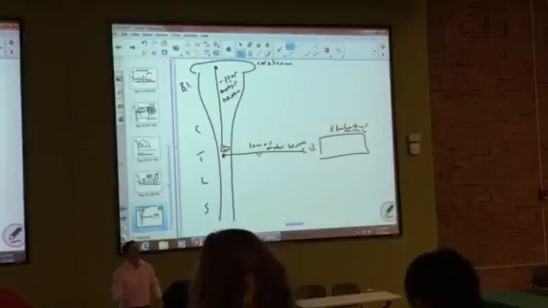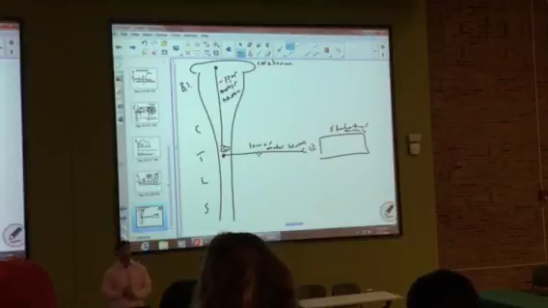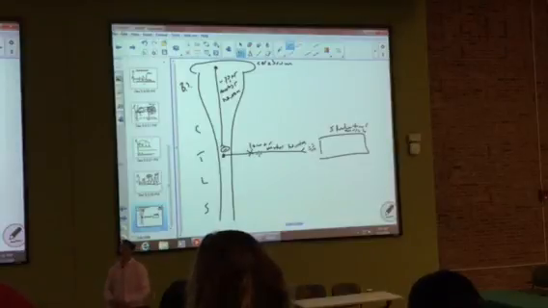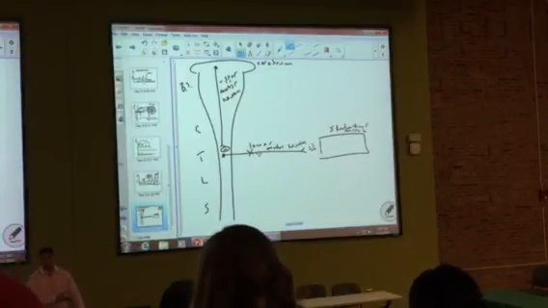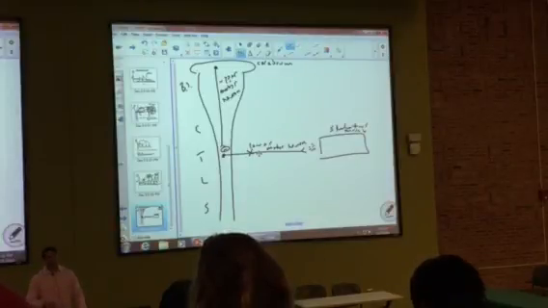Now, we're going to damage the lower motor neuron. All right? We are going to develop a neuropathy. That is what damage of a nerve is, correct? Damage of the nerve is